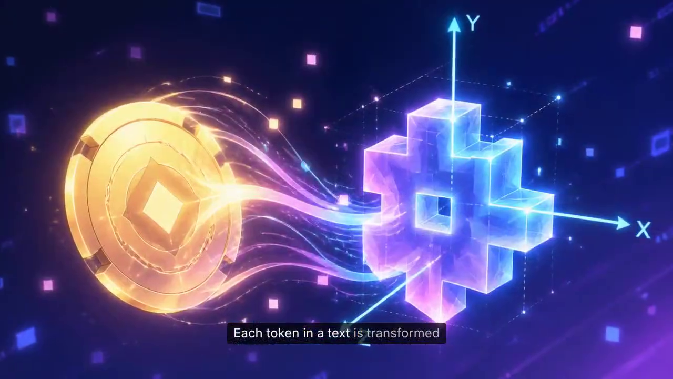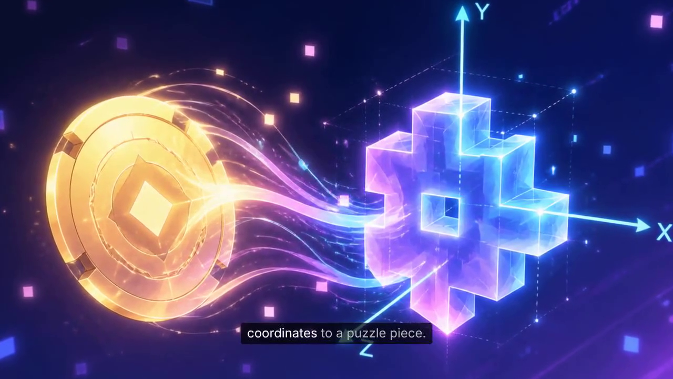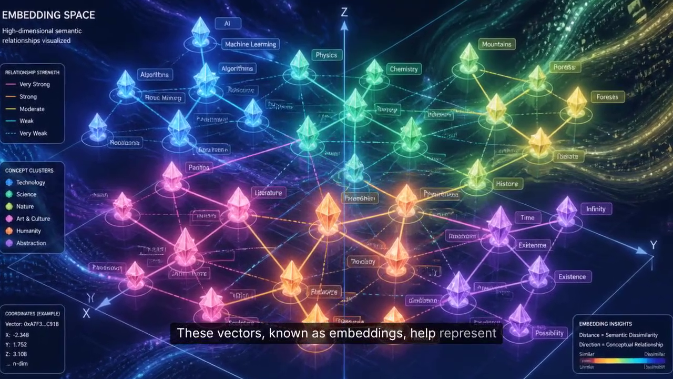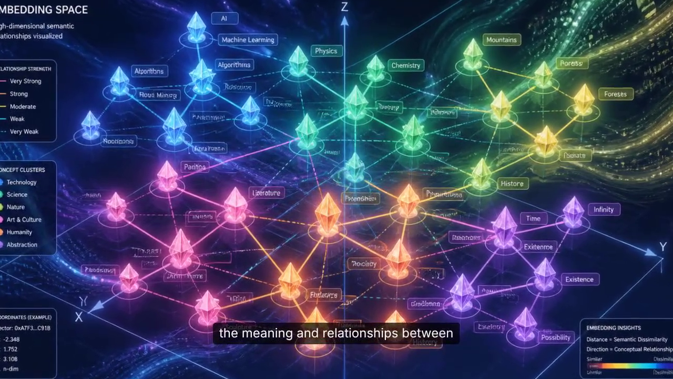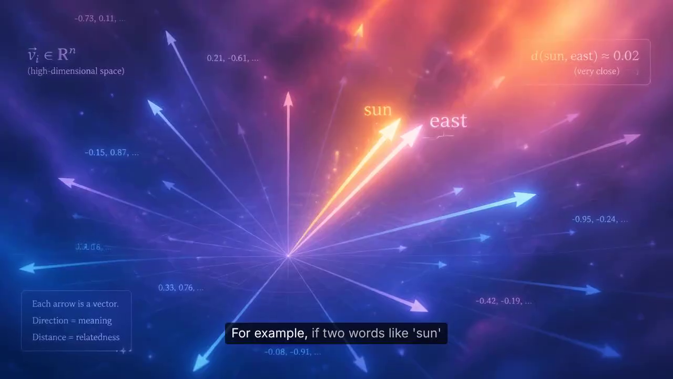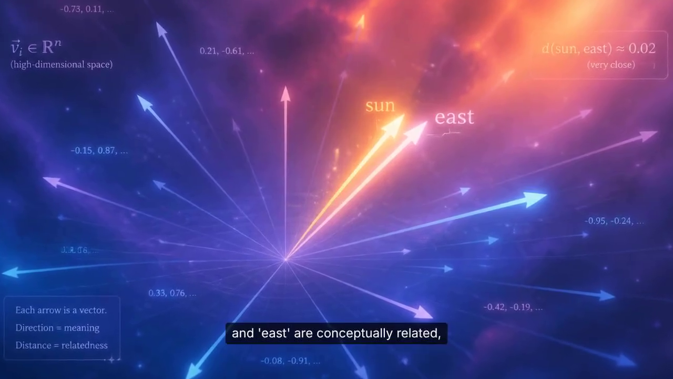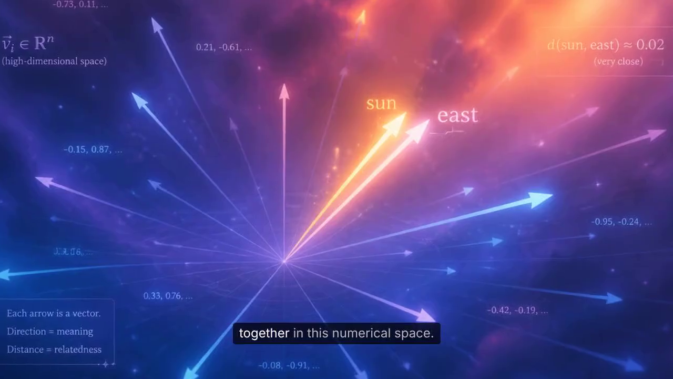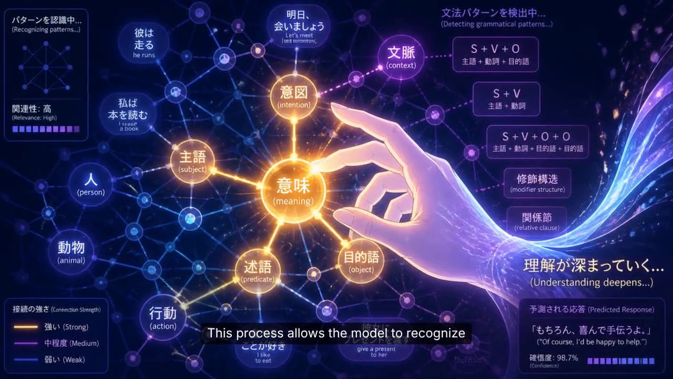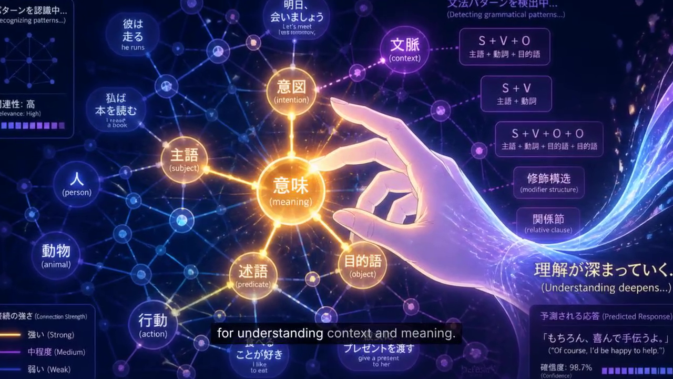Each token in a text is transformed into a numerical vector, much like assigning coordinates to a puzzle piece. These vectors, known as embeddings, help represent the meaning and relationships between words in a way that computers can understand. For example, if two words like sun and east are conceptually related, their vectors will be positioned close together in this numerical space. This process allows the model to recognize patterns and connections within language, forming the foundation for understanding